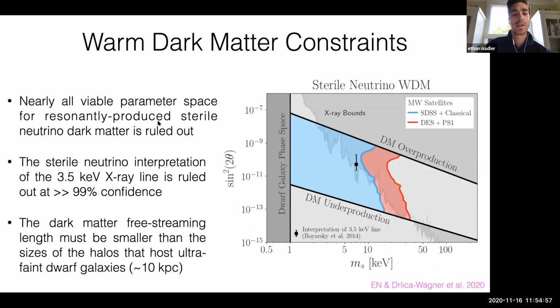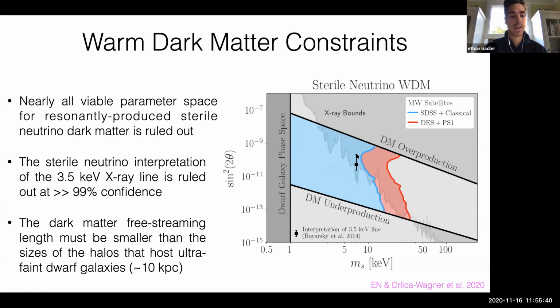Okay, so to give a little more detail on the warm dark matter constraints, what can be done using this thermal relic warm dark matter constraint is to work out, in the context of a specific dark matter scenario, such as resonantly produced sterile neutrino warm dark matter, what the constraints are on the microphysical properties governing that model. So this plot shows the mass of the resonantly produced sterile neutrino on the x-axis, and its mixing angle with the standard model on the y-axis. And what you can see is that these Milky Way satellite observations rule out really large regions of this parameter space. In particular, they very robustly rule out the interpretation of this 3.5 keV X-ray line from galaxy clusters as a sterile neutrino annihilation.